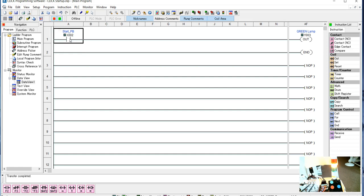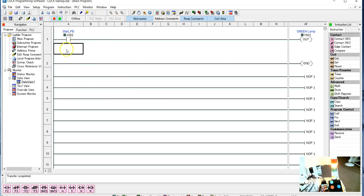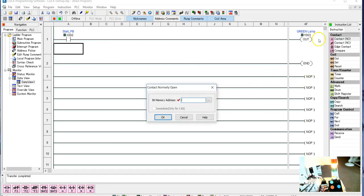So what I have to do, and first let me show this: if you left click to highlight and then right click, here is where we aren't adding a rung. What we need to do is add a row after the cursor. So I'm going to do this, and now I'm going to put a normally open contact in that space, and I'm going to call it my output. I'm going to make this Y003,